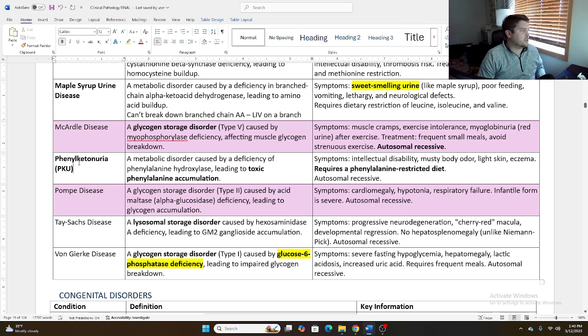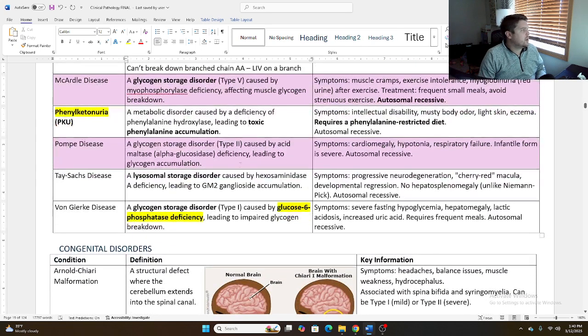Phenylketonuria. They love to ask questions about phenylketonuria, PKU. This is a deficiency of phenylalanine hydroxylase, which leads to toxic phenylalanine accumulation, and the treatment for this is restricting the phenylalanine in the diet. This is actually something that they test for now in babies. When they do the initial blood draw, the heel prick test, to check to see if anything's going on, this is one of the conditions that they actually screen for, as it's important to catch early, as it's 100% treated by diet. Pompe disease, another glycogen storage disorder,